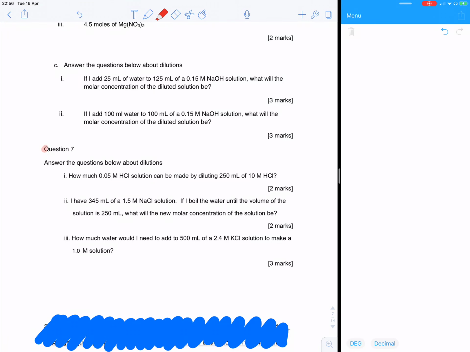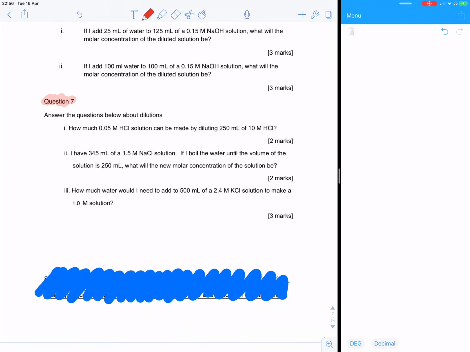Okay, so we're doing number 7 now. And number 7, the first question asks, how much 0.05 molar HCl solution, let me use a highlighter, can be made by diluting 250 mL of 10 molar HCl. So this is C1, concentration 1, and this is volume 1. We're looking for how much, so that's volume 2,